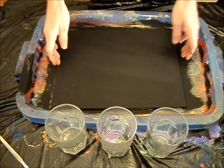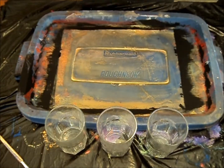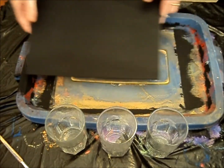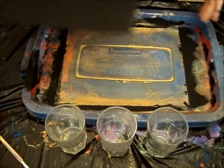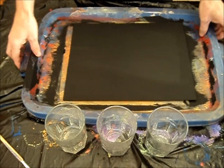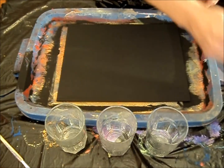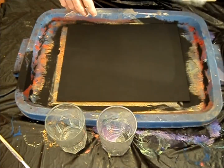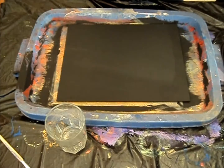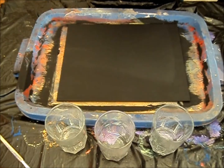Alright, so I have a canvas board. It wasn't bought black, I blackened it out. I have a tote tray just to catch anything if anything spills, which it shouldn't. I'm not doing a liquid pour really. I'm going to put small amounts down and very thin. There's very little water in these, and for the amount of paint that's going in,